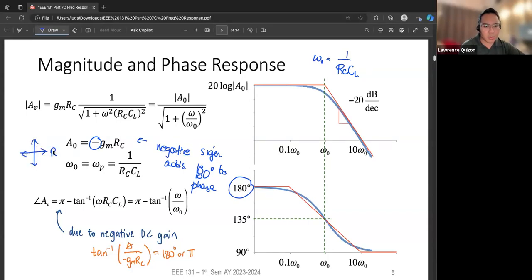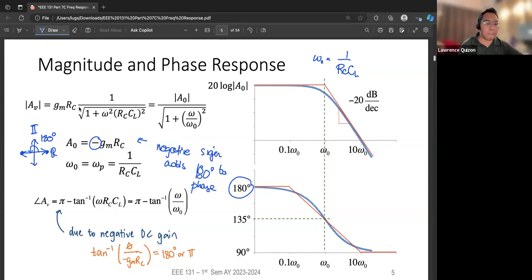So this is the reals and this is the imaginaries, no? Let's just say that's I. Given a positive real number, it would be pointing to the right, no? But if you negate that, it would be pointing to the left. So basically, what happens when you add a negative sign is that there is a 180-degree rotation in the